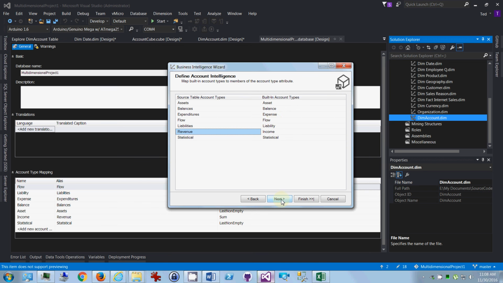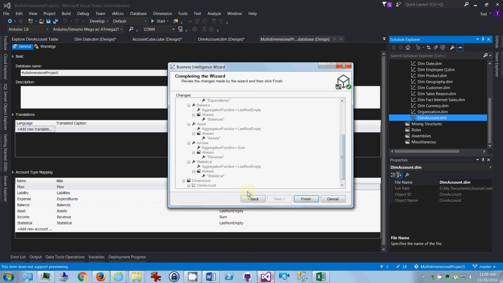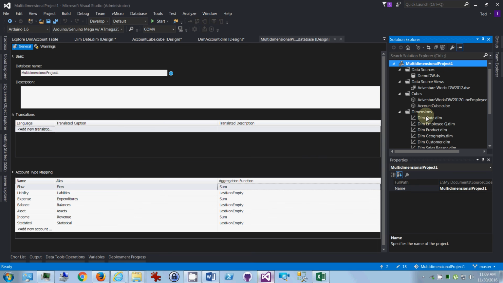Okay, so once you do that, this will show that you have all these things matched correctly. So this is sort of a double check here. You could go through this and make sure that everything matched up the way it's supposed to match up. And then of course you'd click finish, but I've already done this. Okay, so once we've done that,